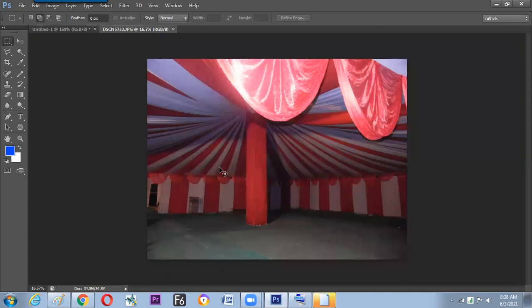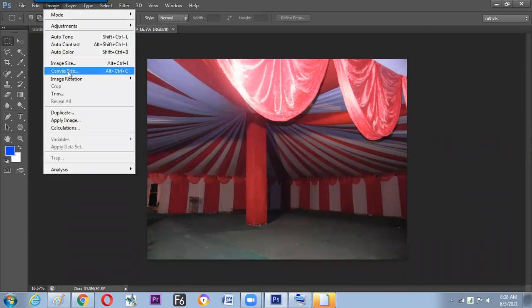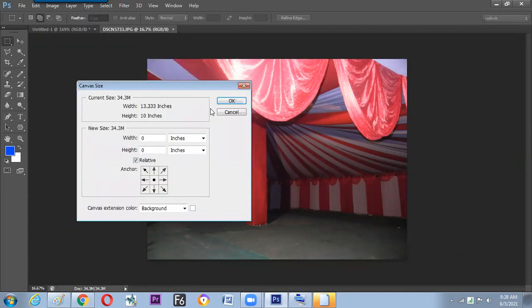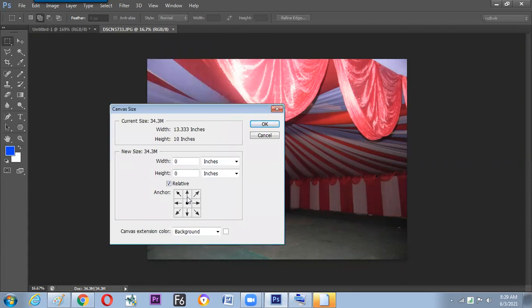And here we want to develop the canvas in the downside to write down what is the event happened. Then what we can do, image, canvas size, get the image into the top side and start developing the downside height 1 inch more or 2 inch more.